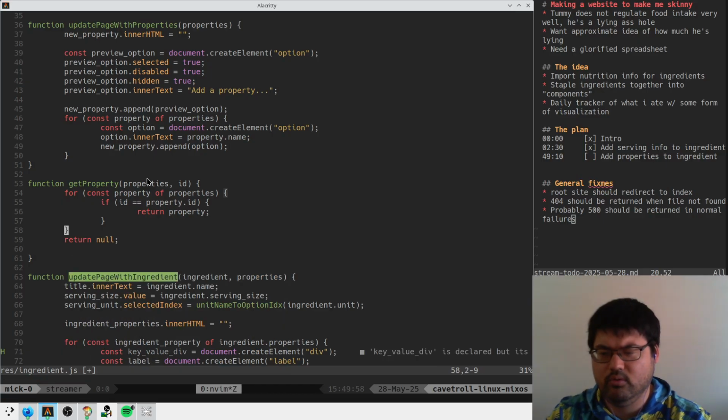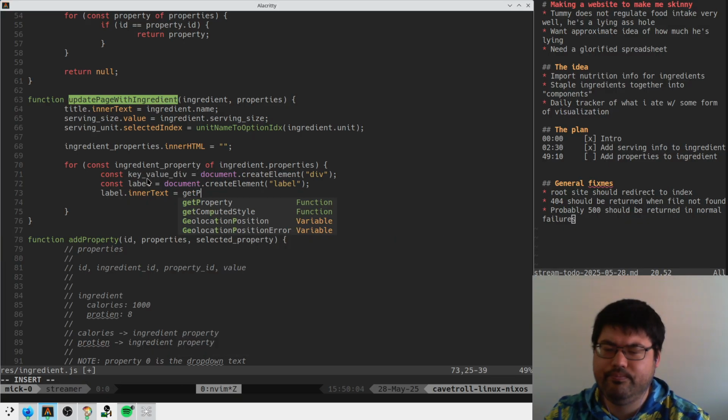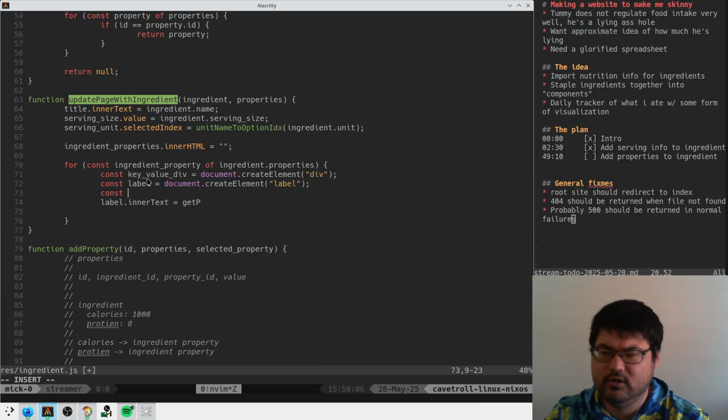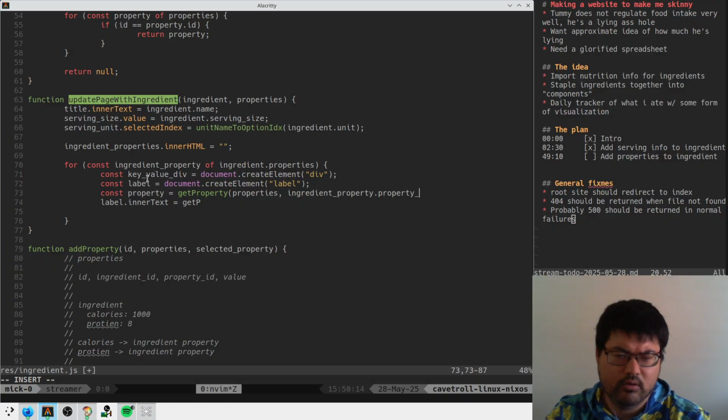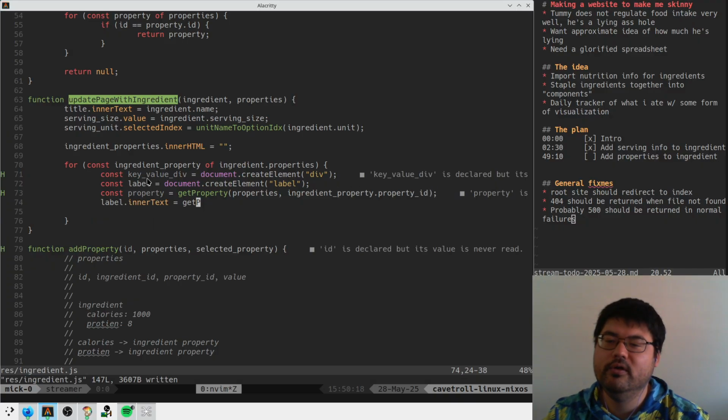Otherwise we didn't find it, right? So then we can call this like const property is get property from properties and ingredient property ID. Yes. Cool. So we say label inner text is property dot name,